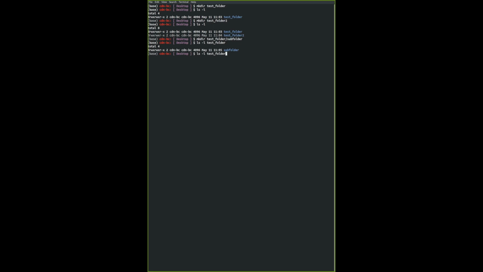So I'm going to show you how to create that within test folder. So let me see, I should put this back again. I'm going to create the open inverted commas first, test_folder, and then create a, my keyboard is sleeping, give me a minute. Okay, it's here. And then sub, and then space, and then folder with a space and 2. So the subfolder will have a space in its name, and this should